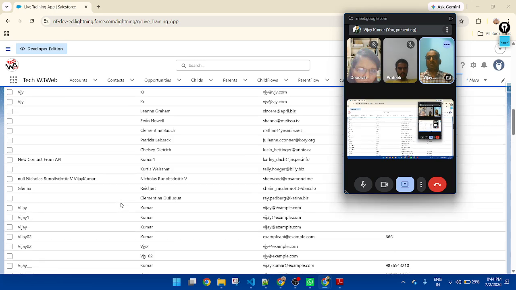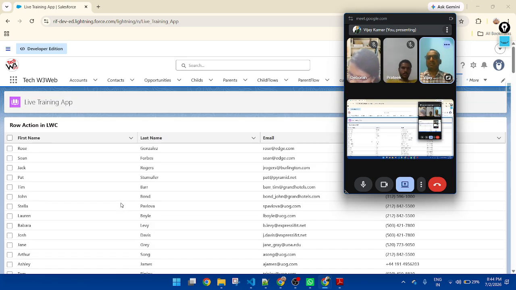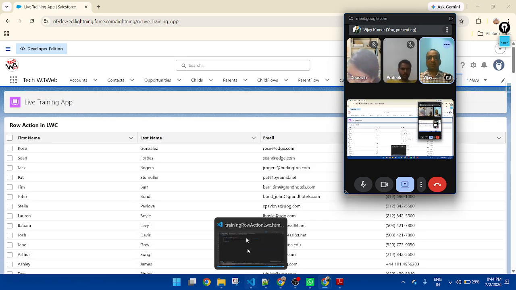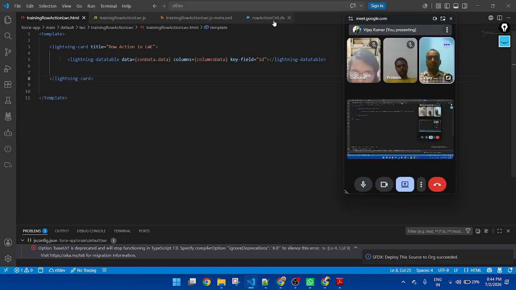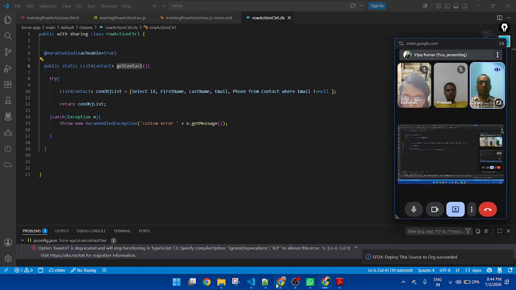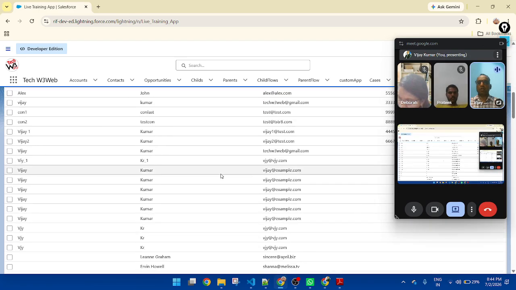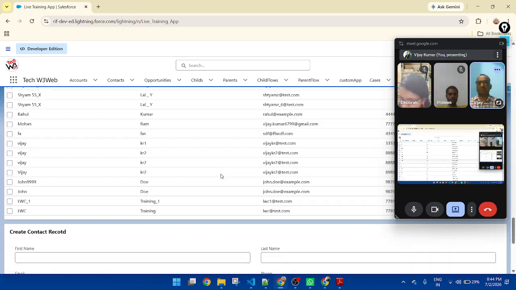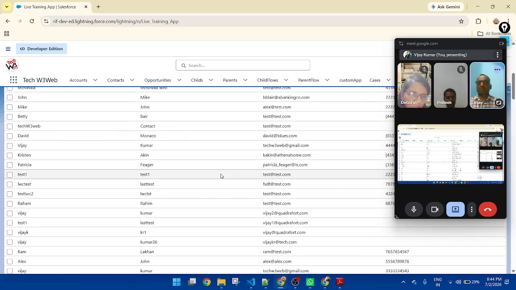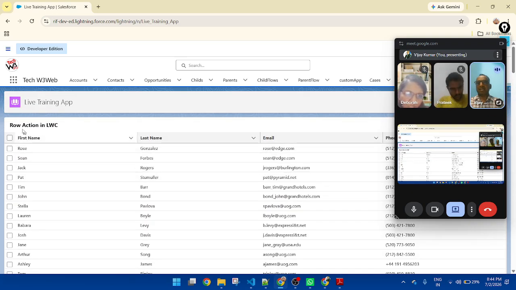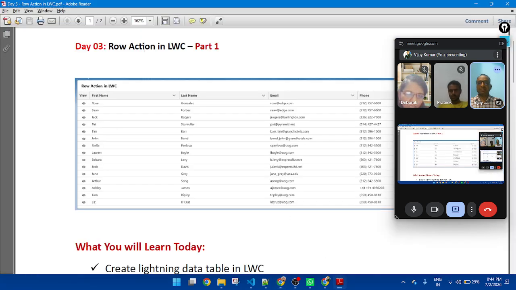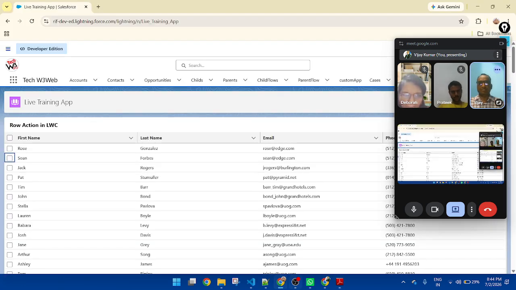So for learning and demo purposes, I will put a limit here because the length is very long. All of the contact records display on my component. And the second thing is I don't want the checkbox. Instead of the checkbox, I will display this button so that we can click on the button and it will display the list of selected rows of records. So how will we do it?